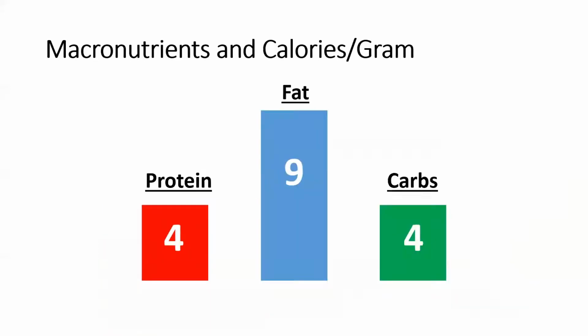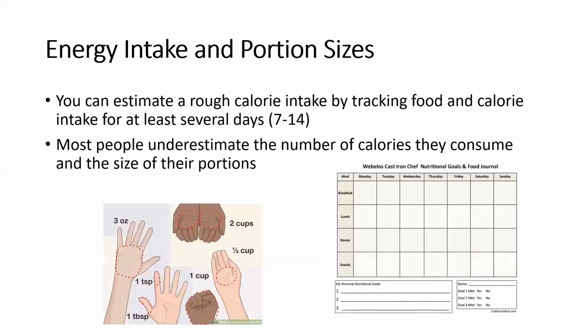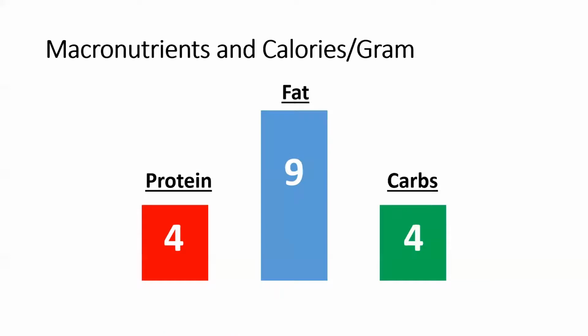And when we're calculating our calories from what we're taking in, we know that protein and carbohydrate both contain 4 calories per gram of the macronutrient. Fat contains over twice as much at 9 calories per gram of fat, which means that we don't have to consume the same quantity in grams of fat as we do carbohydrates to equal the same amount of calories. Okay, so just make sure you're able to do that math when you're calculating your portion sizes. I'll get into some more details on that in a little bit.